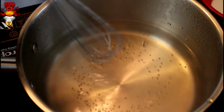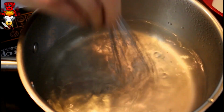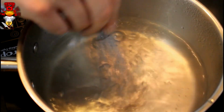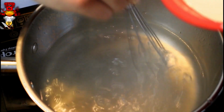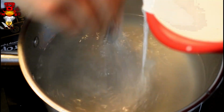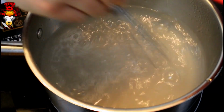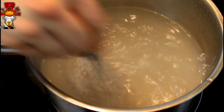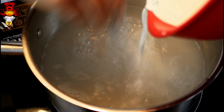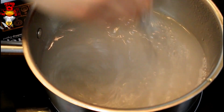So I have a pot of boiling water. We're gonna pretend that this is either a sauce or a soup so I can show you how to use the slurry. So in your soup or sauce, you whisk and you slowly start to temper in that slurry a little bit at a time, constantly whisking. If you don't, what will happen is you will get clumps. So it's very important at first to continuously whisk this,